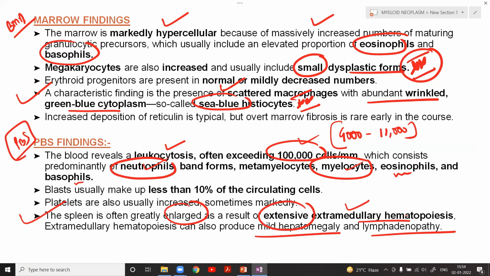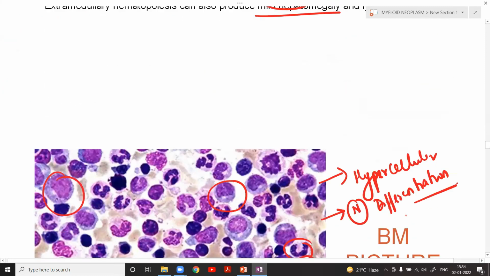Did I not tell you that the same stem cells which are mutated and which are causing so much proliferation of cells, they are also going to the secondary hematopoietic organs like the spleen, liver, and the lymph nodes. As a result, they are causing proliferation of cells in even these sites. So they are causing extramedullary hematopoiesis in these sites. Is this point crystal clear to everyone now?